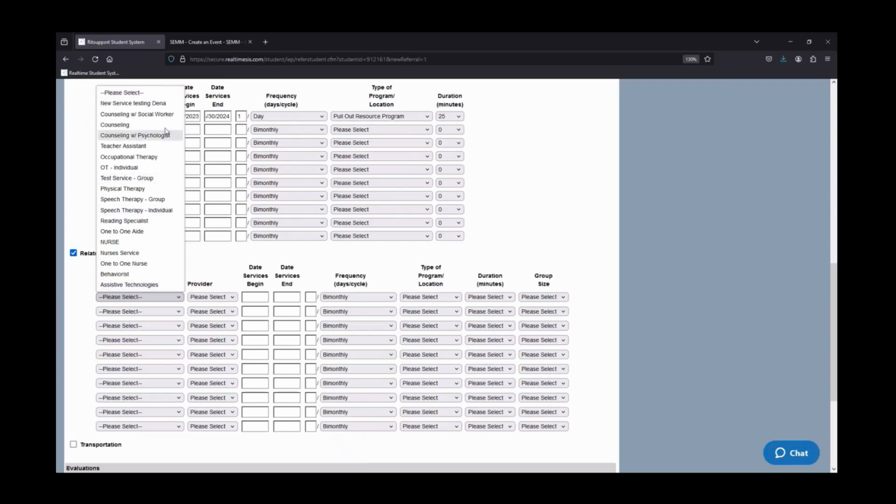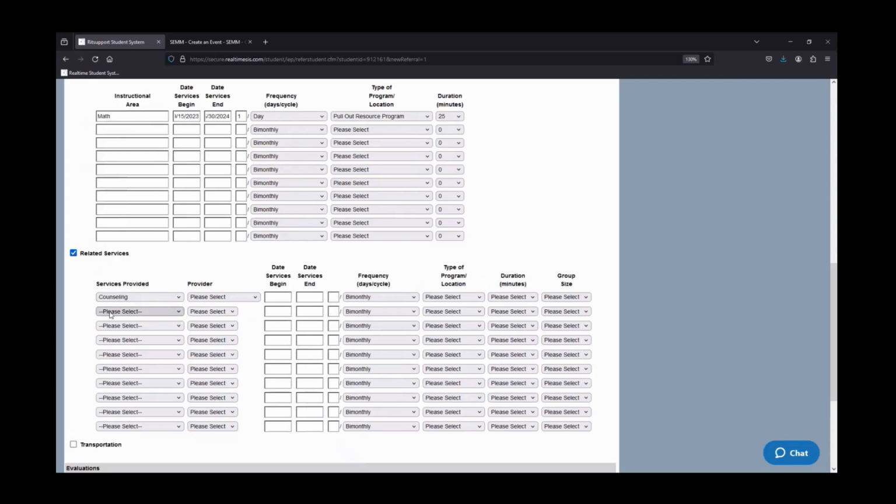But this is where you can indicate the type of service. So I'm going to say the student receives counseling. The provider is Greg Ackerman. We're going to begin the services on the date that the student's IEP began. So that the IEP the student came in with, that begin date and that end date. When you write your new 30-day IEP, that will replace all of this when the event is closed and the document is posted. So I'm just going to say once a week